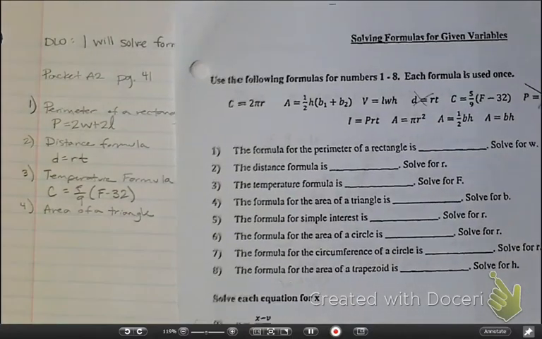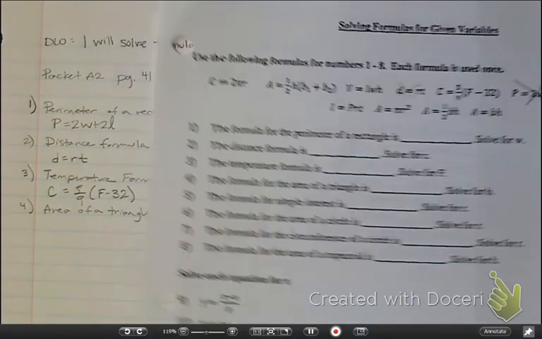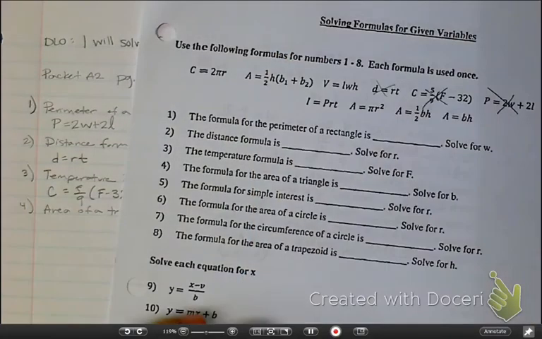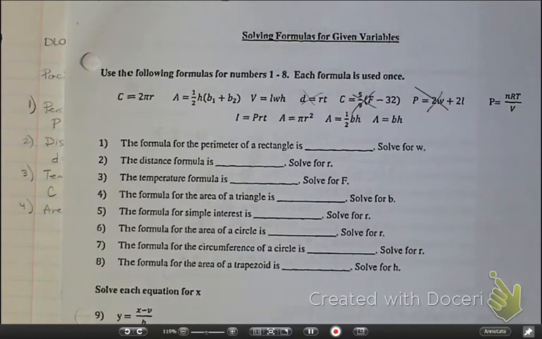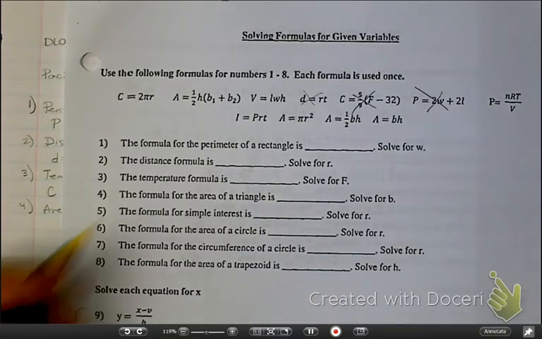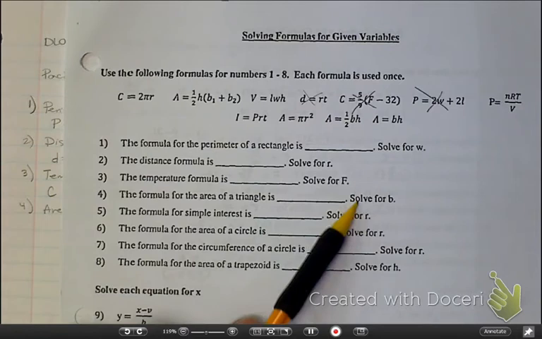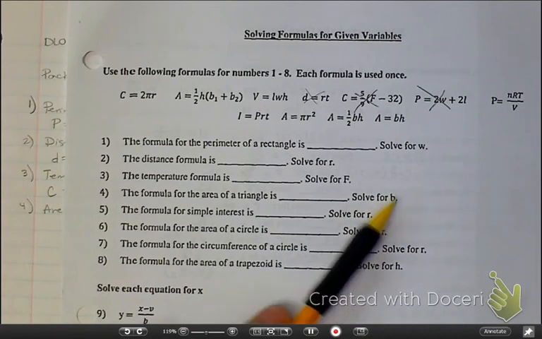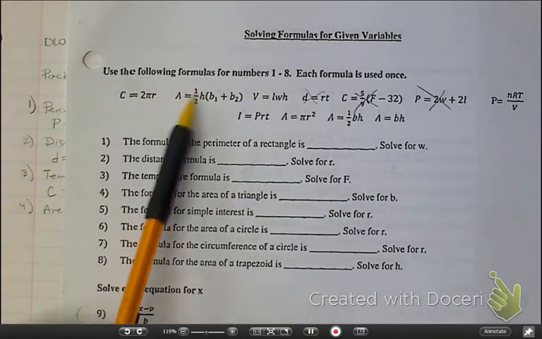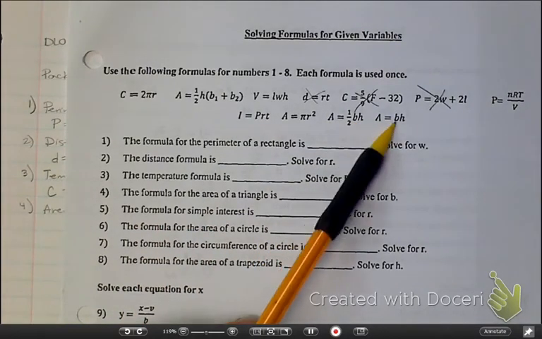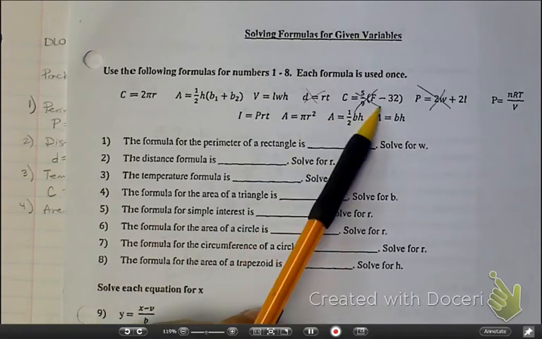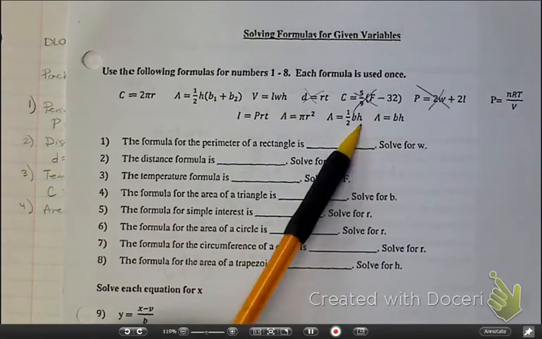Alright, area of a triangle. Let me cross off my temperature formula, since I've used that one. For the area of a triangle, area starts with A, and I know it has a B in it because it says solve for B. Here's an A that has a B in it, and here's another, and here's another. So we need to decide between these three which one is the formula for the area of a